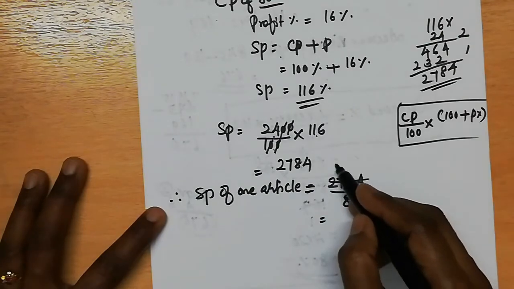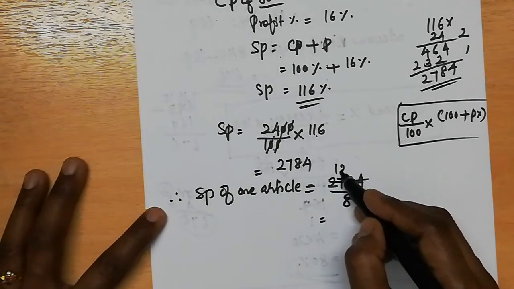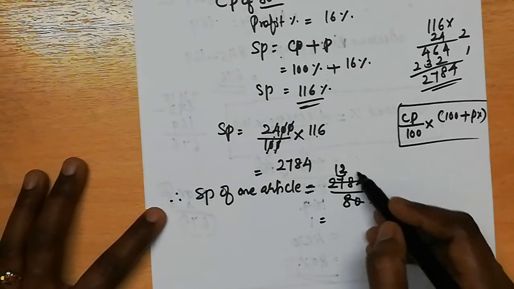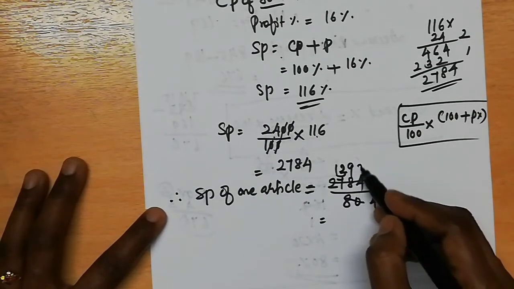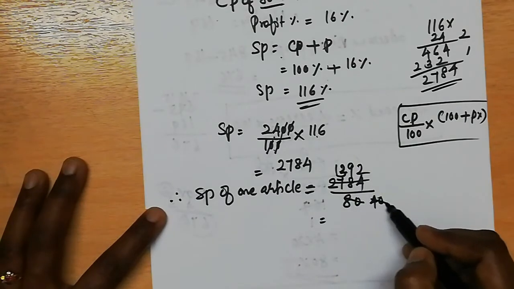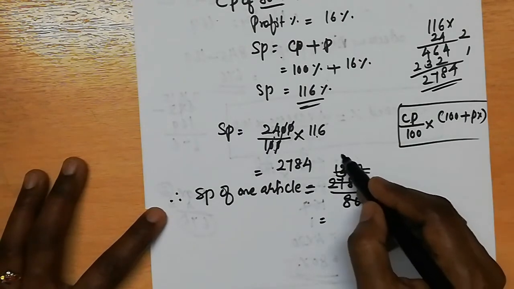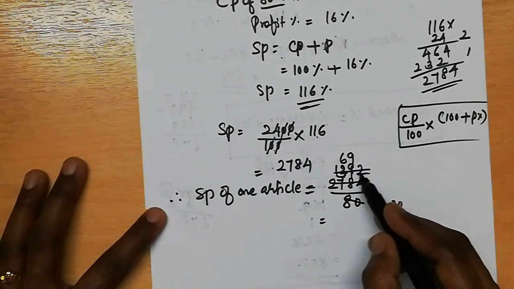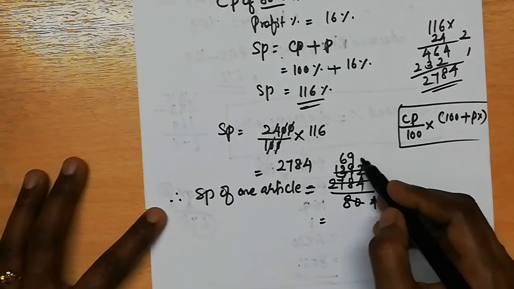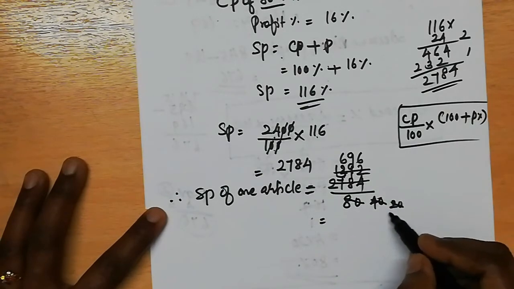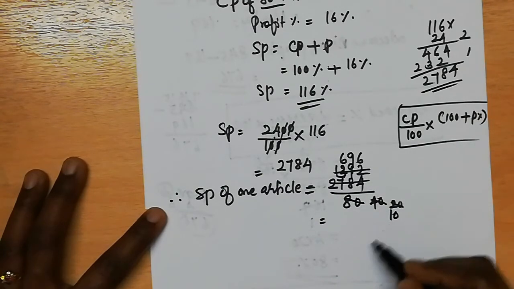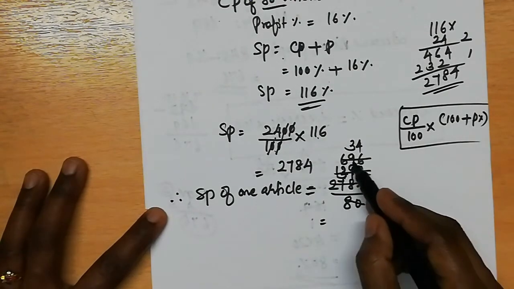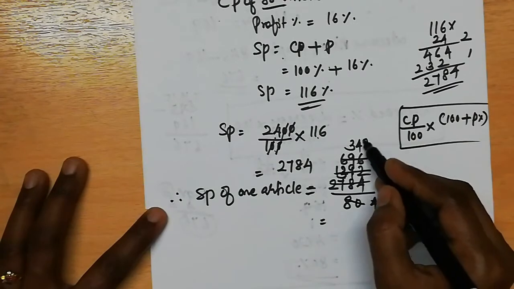40. Then 1 time 2, 3s are 6, 2 3s are 6, remainder is 1, 18, 2 9s are 18, then 2 2s are 4. Again we can cancel with the 2 table, 20. Here 2 6s are 12, it is 19. So 2 9s are 18, 1 is remainder, so it will become 12. 2 6s are 12. Again we can cancel with the 2 only, then 10. Here 2 3s are 6, 2 4s are 8, 1 is remainder, that is 16. So 2 8s are 16.